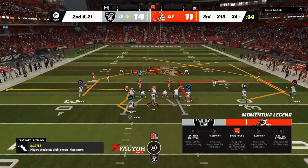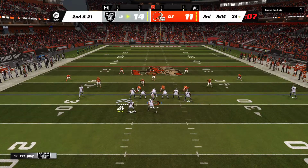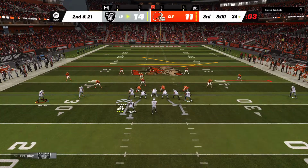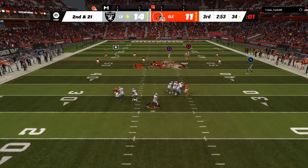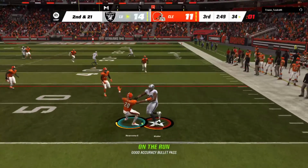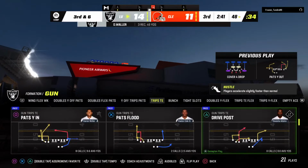Well, they're in some hot water now after that sack. It's 2nd and 21. And the slot man goes in motion left. Throwing on 2nd and long. Carr. Escaping the pressure right. Throw right side going to be caught by. Lead to 3rd down. Well, that's always a good place to throw it just because he's one of the biggest